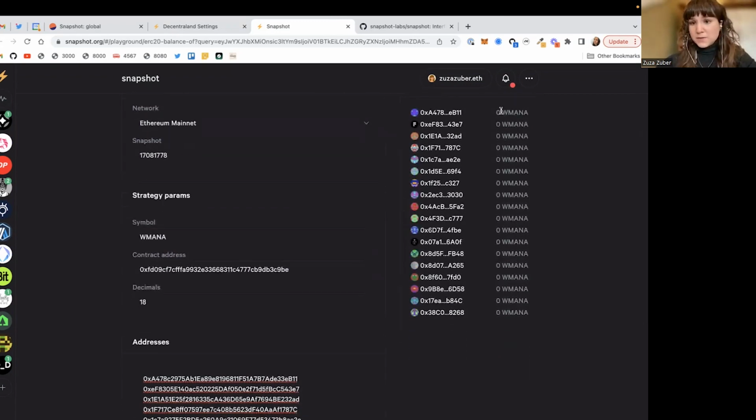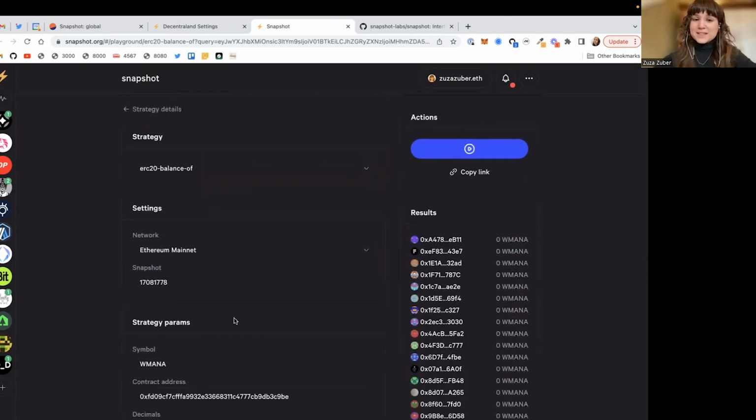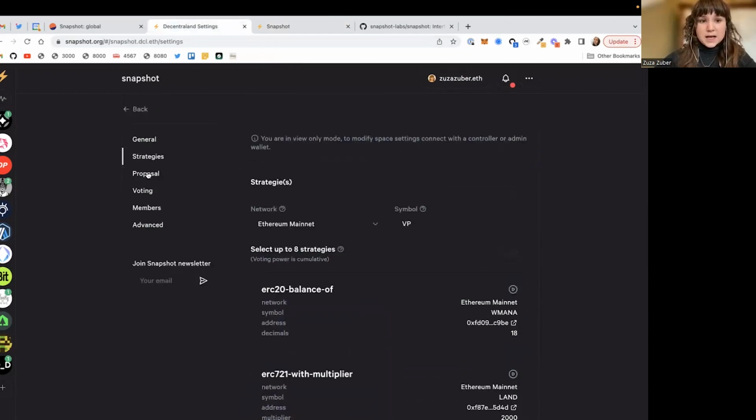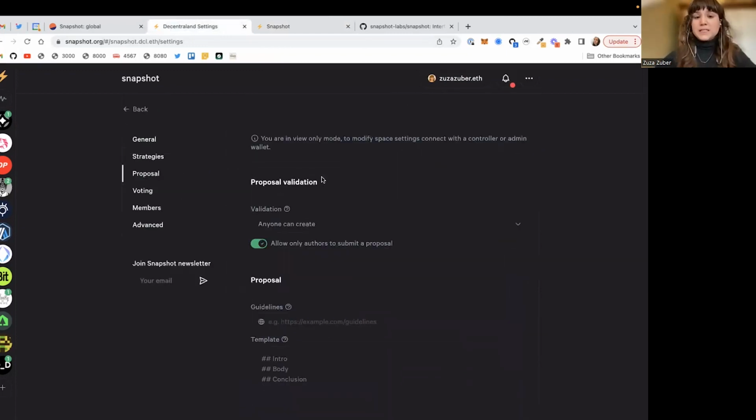And as you can see, for all of them here, it's actually 0. But this is a great page to experiment with the existing voting strategies, to test your own voting strategies if you'll be creating some. If we will now go back to Decentraland, what we have else is the proposal validation,